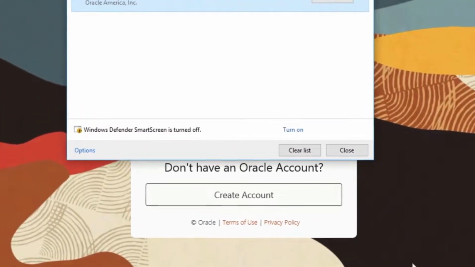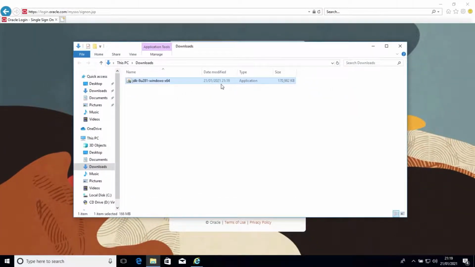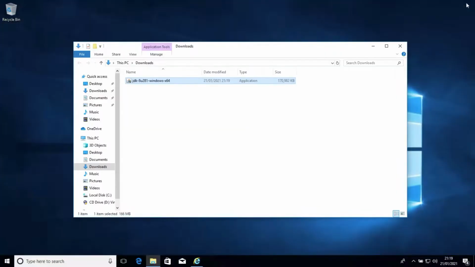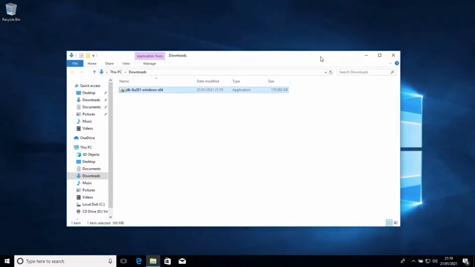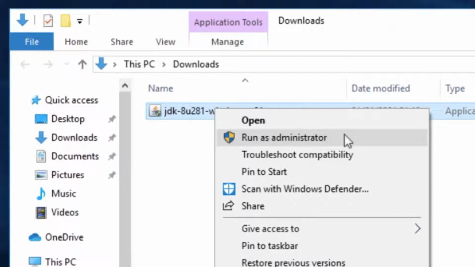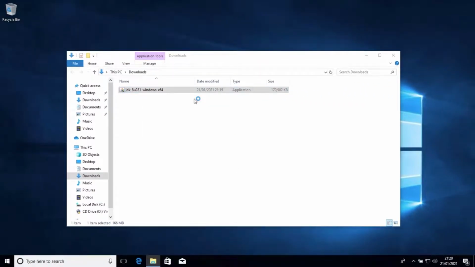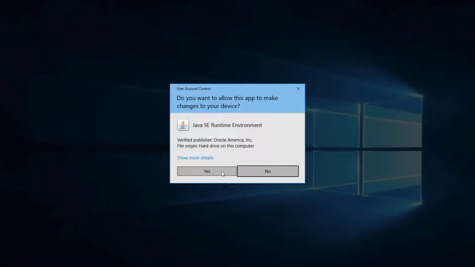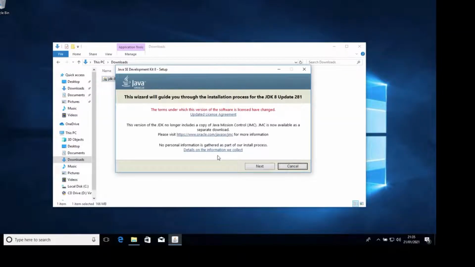So then if we hit this view downloads, we can see here that it's actually in this downloads folder. We also hit this button here. It'll open up the downloads folder itself in Explorer. So I prefer to run it from there. So if we just kill this browser, and just this one too, then we want to run it from here. So you want to right click and you want to do run as administrator. And that's important because it needs to make some entries into the Windows registry, which needs administrator permissions. So if we just click yes to this so that you can make changes to the system. Now we're just going to click next here.